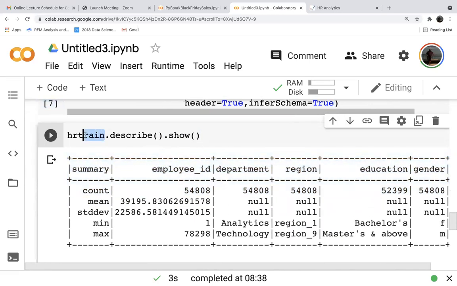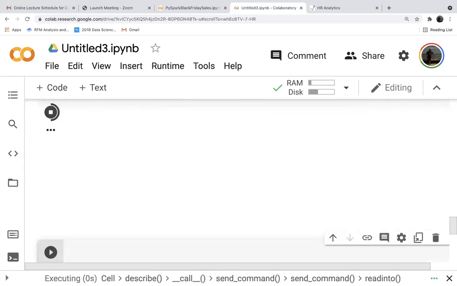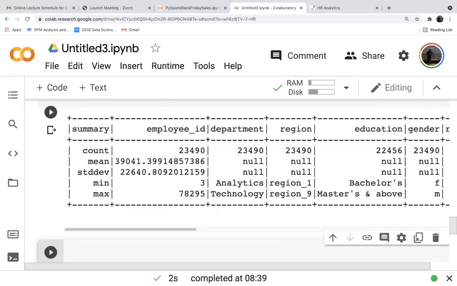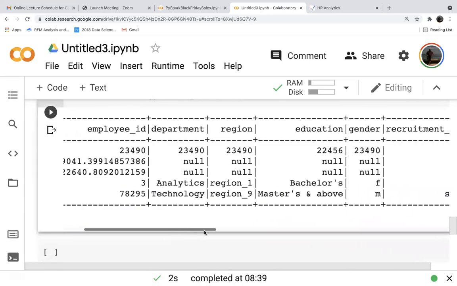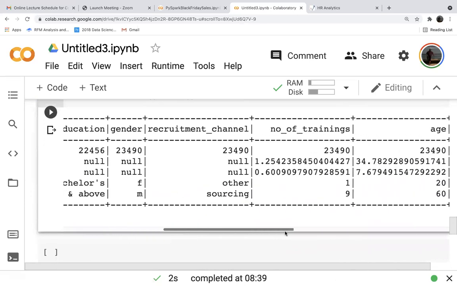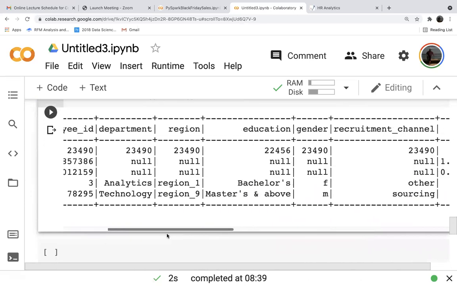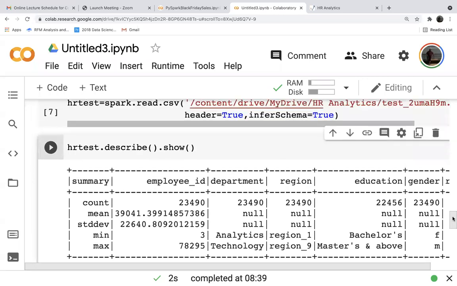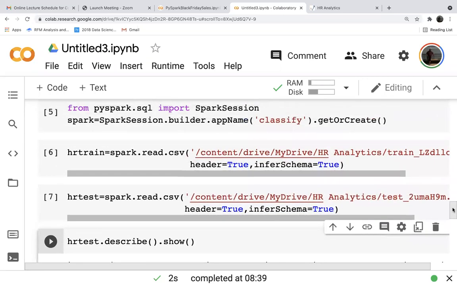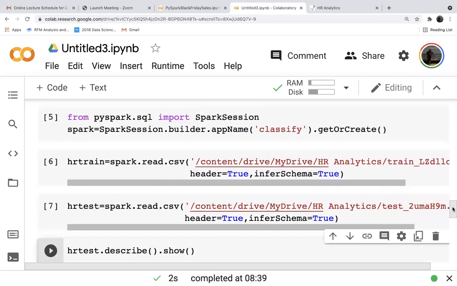So if I do the test also, HR test.describe.show, I think 23,490 observations are there. Education has missing values. Previous year rating has missing values. So we can see that the data sizes are 54,000 and 23,000.